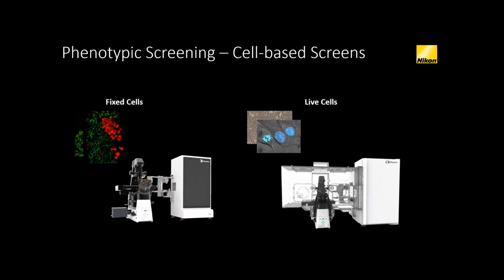So when you're designing these phenotypic screens, you have to decide, based on the trade-offs, do I need to do the fixed assay and screen a larger library, for instance, or can I go with the live cells and get both, the context of the cell behavior over time? And I'll show you why each of those would be useful